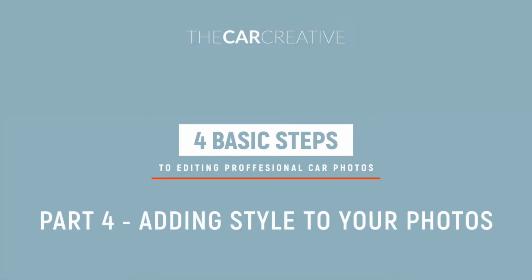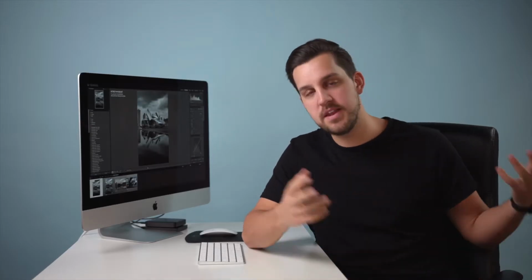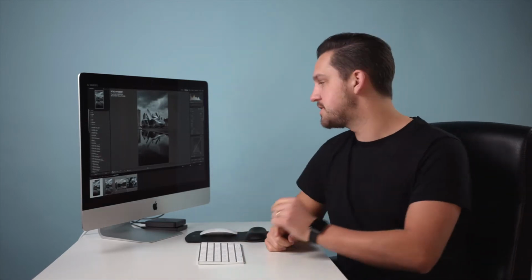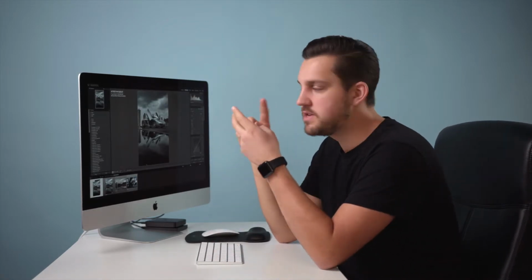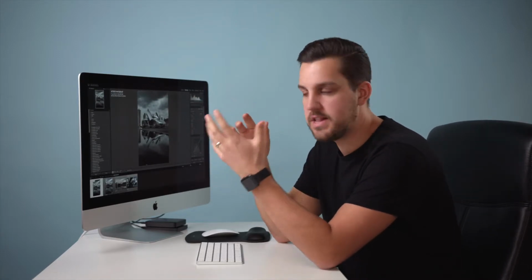Today we are doing part 4 of the series in editing car photos or any of the photos, because all these tools translate over to each other. But for now, we are going to add style to our photos. So what we're going to do here is we are going to take a look at our S-curves, hue, saturation, and luminance. We're going to do some split toning, add sharpness and clarity if you'd like, and then we're going